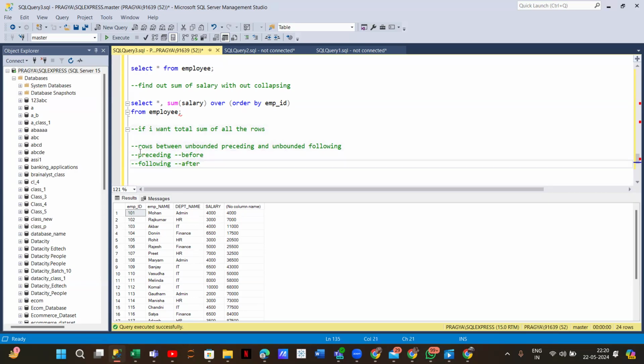So what I want is all the rows between. Unbounded preceding means all the before rows. Unbounded following means all the after rows. So I want all the rows before and also after. So if I write like that,